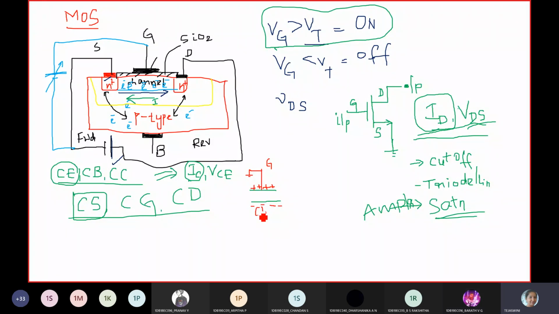What exactly is in between? I can say it is the oxide layer. Yes or no? Yes, ma'am. This is the oxide layer. So can I say it is a COX? Are you agreed, all of you? The gate and channel form a capacitor. So in between the gate and channel you have an oxide layer. I should know what the oxide capacitance is.